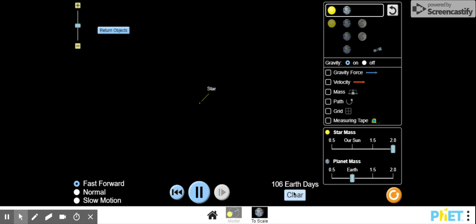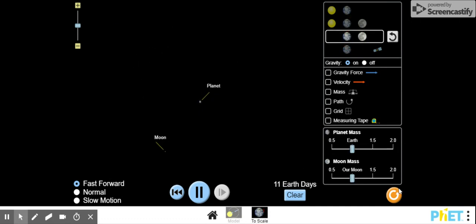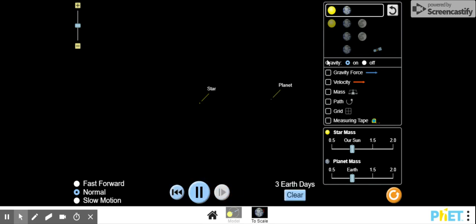So there's lots of ways students can explore this. You could have them write down predictions. What happens if we change this? What if we change this? They could write down their predictions. I think those are really great ways that students can explore these sort